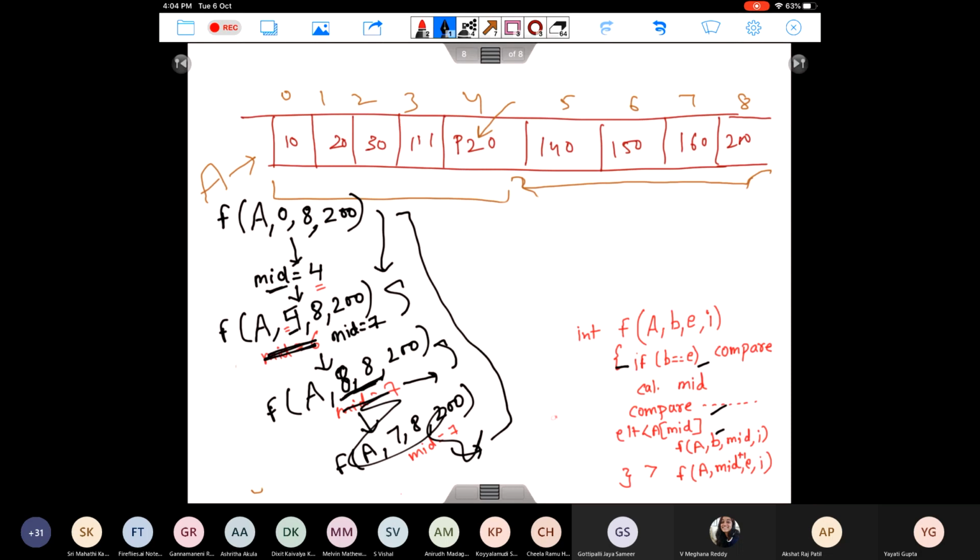So how many times do you think this function will be invoked? Definitely if you find this element somewhere in between, that will be your number of steps, but assume that this chain goes as long as it can. So what can be the maximum length of this chain? How many function calls will you invoke?